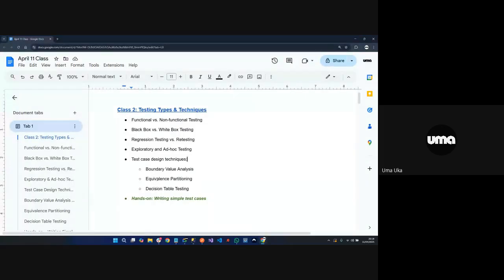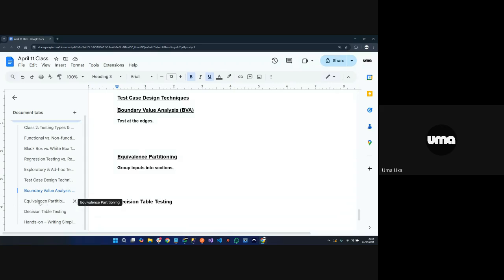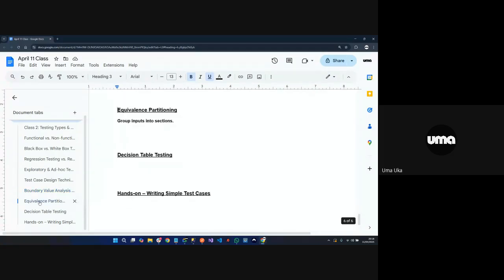Okay, let me figure out a way to approach this. Let me come at it from equivalence partitioning, then we'll move to boundary value analysis. So for equivalence partitioning,